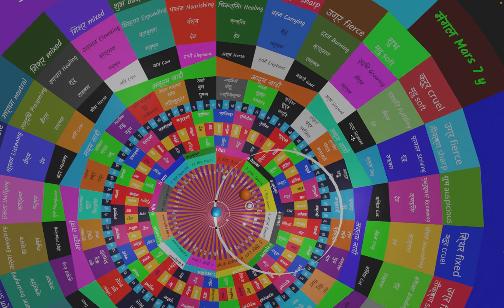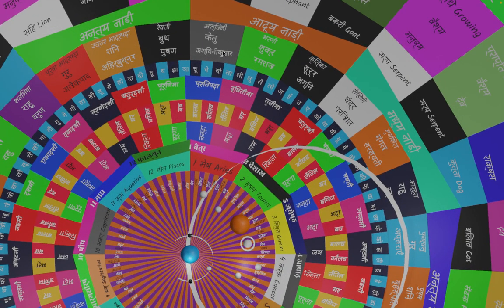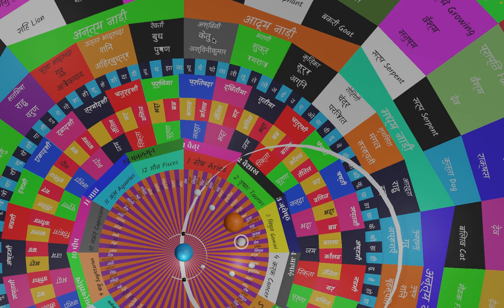Now they are 27. The first nakshatra, let me show, is the Ashwini nakshatra. Now these are the nakshatras. Then it is the Bharani. Ashwini means one that looks like a horse head, that kind of horse shape. Ashwini, that is the thing. Now Bharani is like the